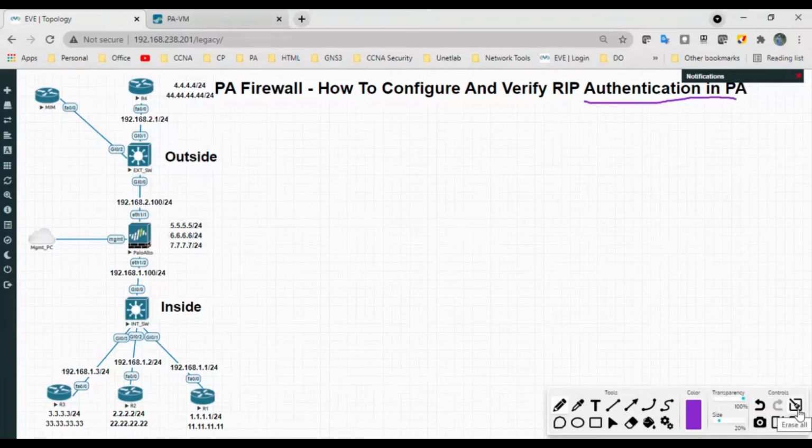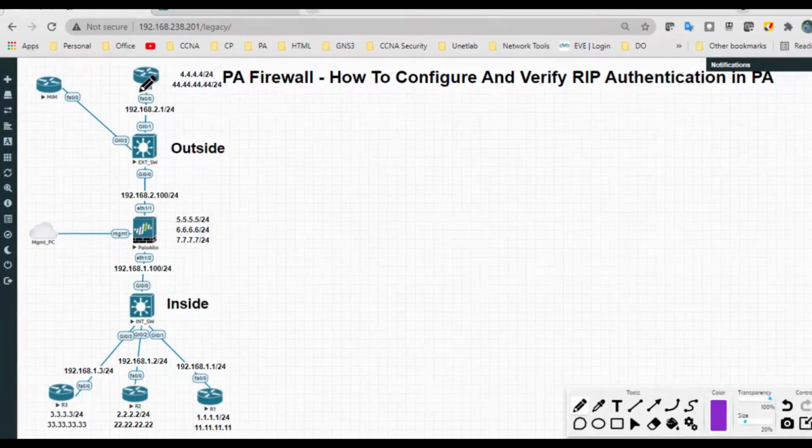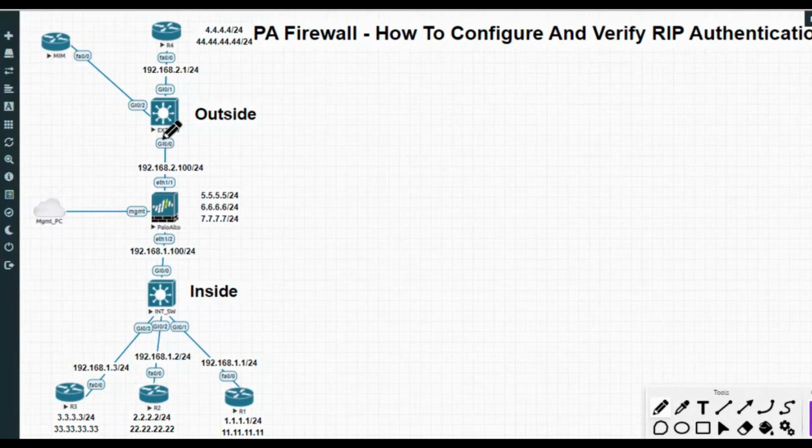Because suppose this is my outside interface, and suppose a hacker connects to our outside interface with a man in the middle attack.